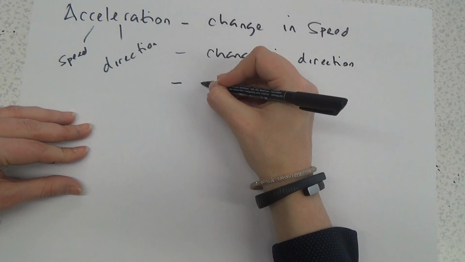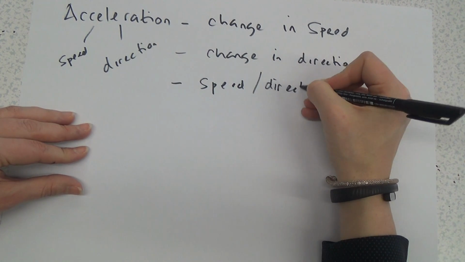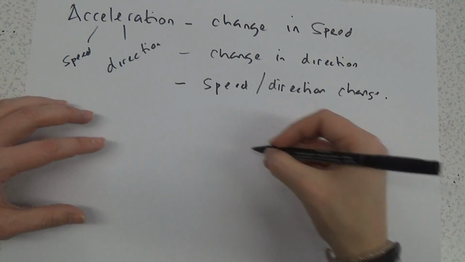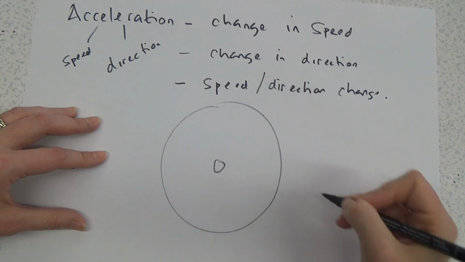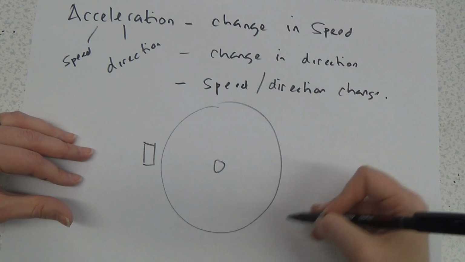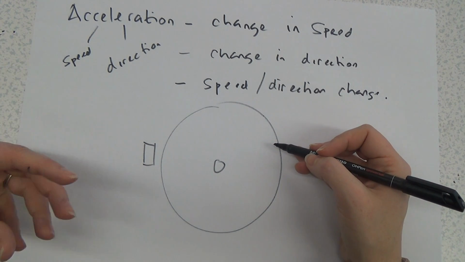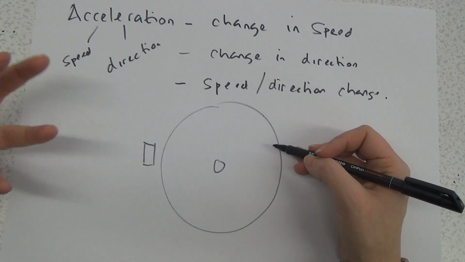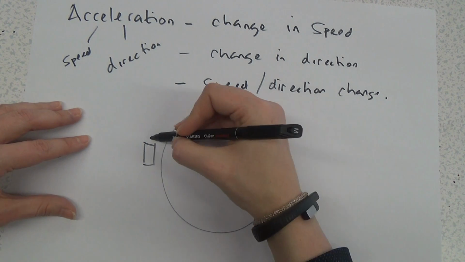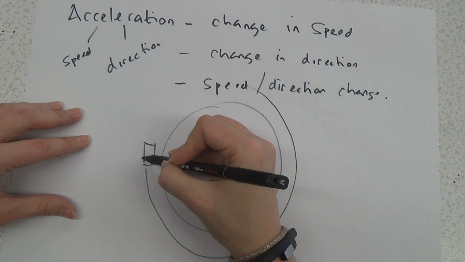And also, if speed and direction change, again, that would be acceleration. I'll give you a perfect example. A roundabout. Okay, you have a roundabout and a car going around that roundabout. Now, obviously, if that car changes speed, it would be acceleration. So if it slows down, it'd be a negative acceleration. If it speeds up, it'd be a positive acceleration. Okay. However, if that car goes around the roundabout at a constant speed as it travels,